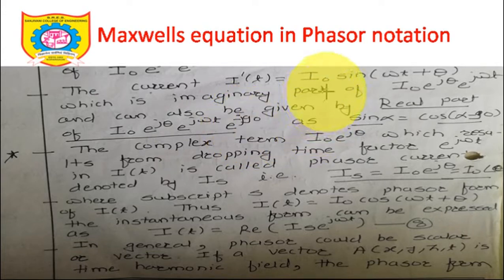You already know that if I want to represent cos in terms of sine or sine in terms of cos, I need to apply the phase shift of pi by 2. If I apply the phase shift of minus pi by 2, we will come into the first quadrant. So the sign is not going to change, because all trigonometric identities in the first quadrant are positive, as sin alpha is equal to cos of (alpha minus 90 degree). Okay, so try to understand this, try to write some more equations in terms of sine and cos with omega t and theta, and try to represent them with the imaginary and real part.